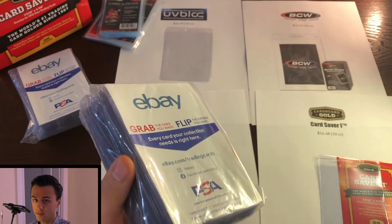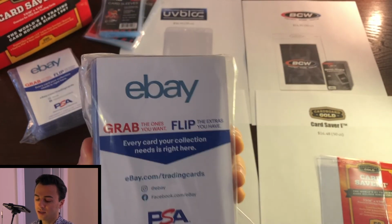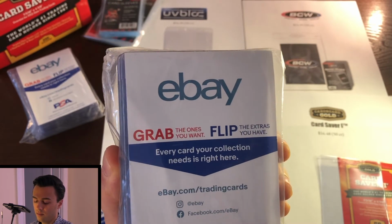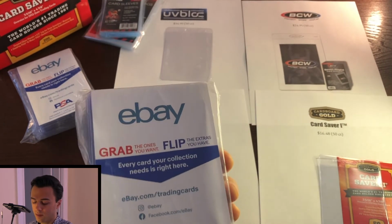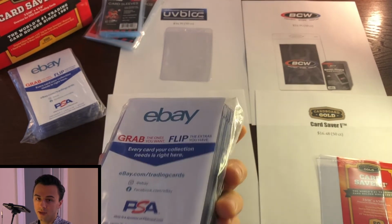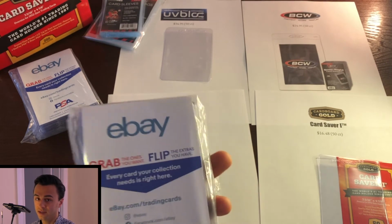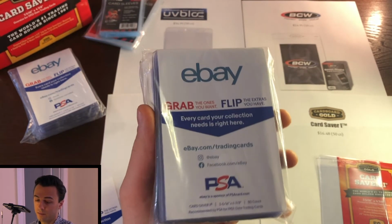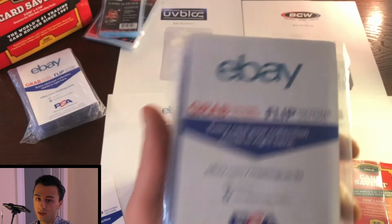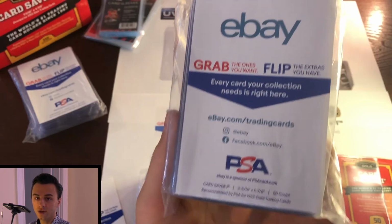Okay, so we just talked a bit about how the eBay subsidized option for the Card Saver 1s is pretty good, right? They're pretty indistinguishable, pretty useful, pretty cheap. All around, it seems like a pretty smart option if you're somebody that does this at a very high volume. If you're only going to submit a couple of cards to PSA, then you probably don't care what this stuff costs. But if you're somebody that submits several hundred cards,